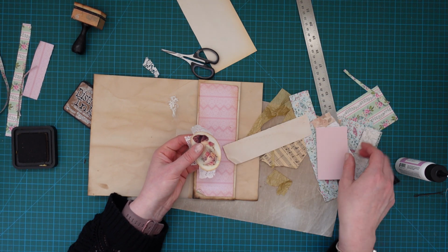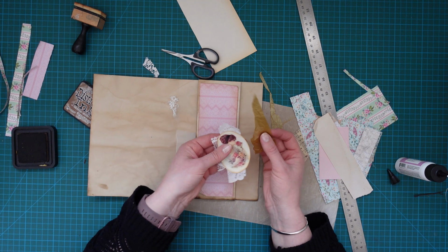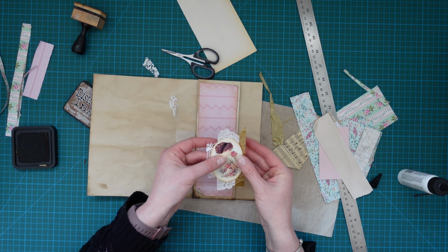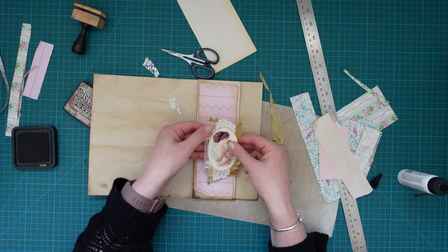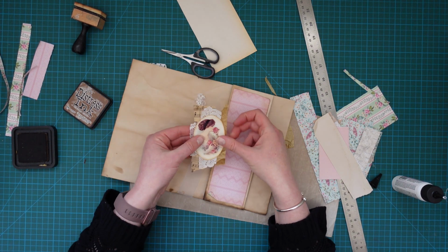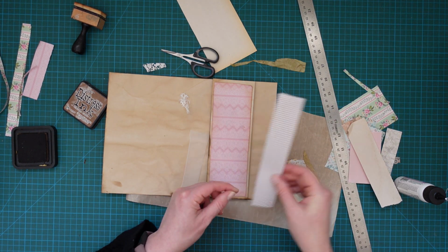Now, wanted some of this kind of gold stuff. Yep, I'm just going to put that down that side. Pick it up, let it fall wherever it falls, and that musical paper can go behind there. Right, and then I want something to make a kind of stripe all the way down here. So, nope, it's too...